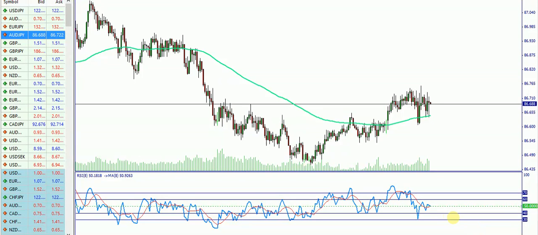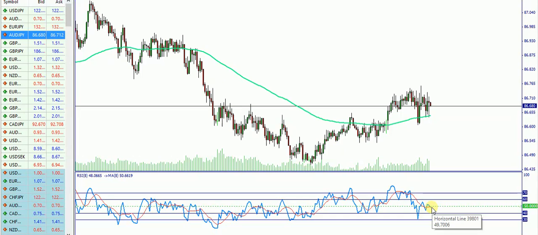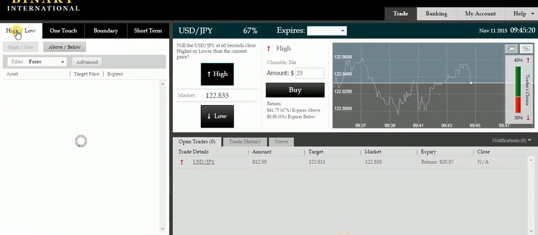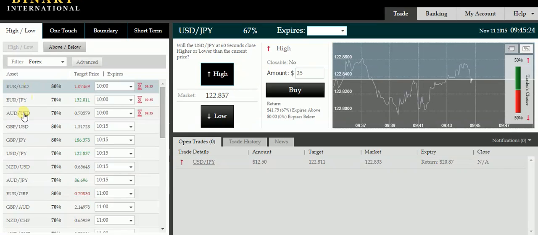We are looking at a crossover here of the RSI and simple moving average, and we are at the 50 RSI level. We are on the Aussie JPY on the Asian session. So we just go over to our platform to perform a trade using that strategy to demonstrate how powerful this strategy is. So we'll go from